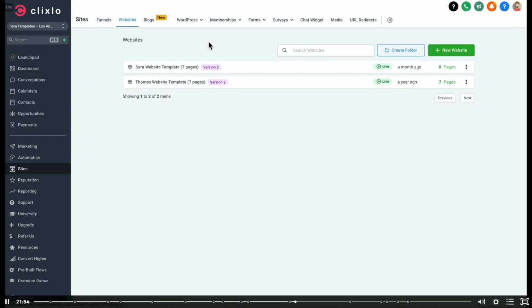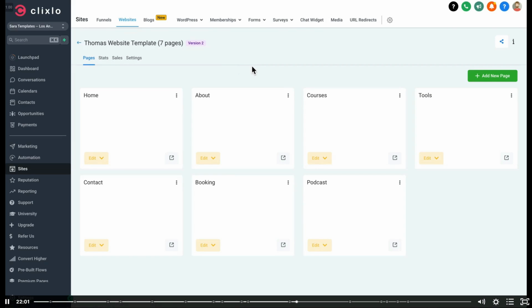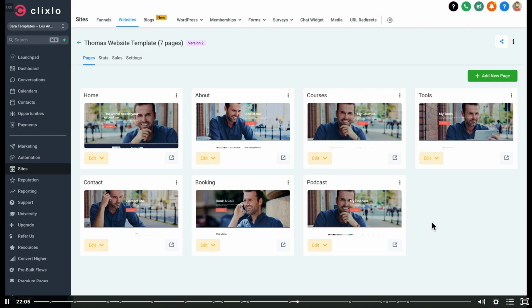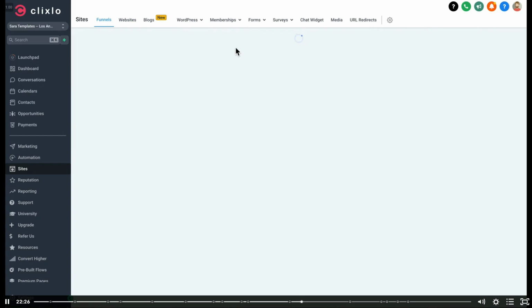For those of you on the call that don't know the difference between a website and a funnel, the difference is websites do the telling and funnels do the selling. A website is great for kind of an old school home page or about page, like a brochure, a business card, kind of tell them who you are, what you do, etc. But it's not a great place for calls to action and forcing people into a decision to increase your conversion, because it has a menu bar or navigation at the top, and typically they click around on it, get lost, and leave. Whereas a funnel would have a landing page, for example, that would force them into a decision, maybe